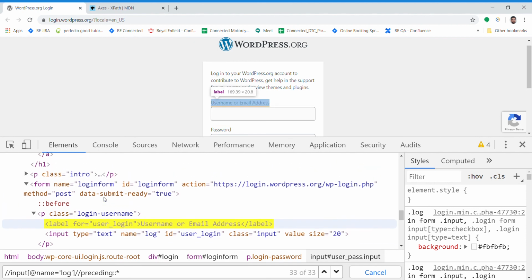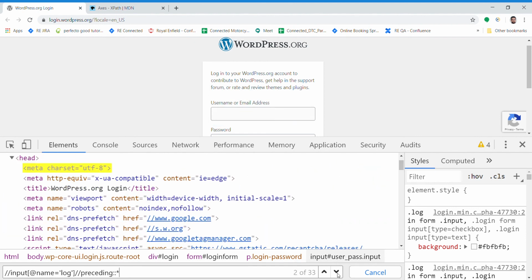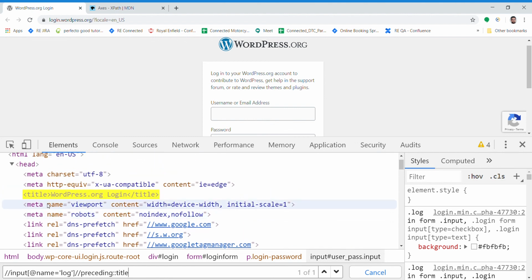So now let's say I wanted to use this title. What I would do is go there and select the title node. Okay, yeah, it's able to find this title. If there were more than one title, it may be possible, right? So we would again use predicates. You can use predicates, let's say one, to find the first one, second one. Okay, so this is covered, this is covered.